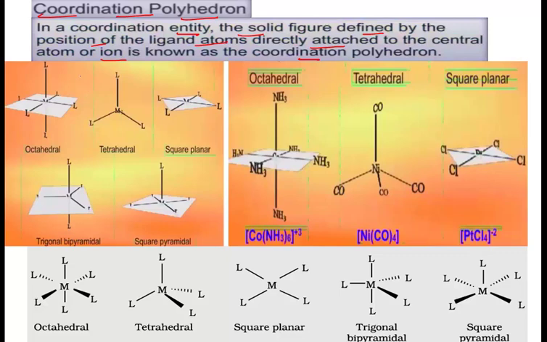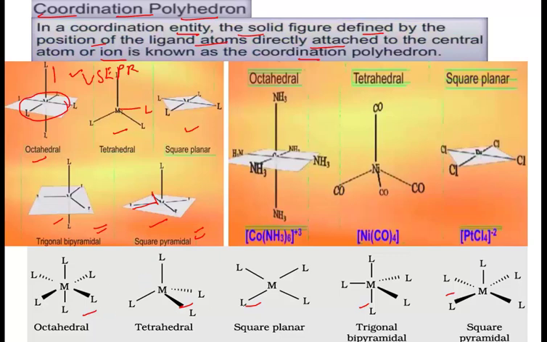For example, these are the geometries already discussed as per VSEPR theory last year. This one is octahedral, with 4 in one plane and 2 pointed upward and downward. This one is tetrahedral, and this one is square planar, then trigonal bipyramidal and square pyramidal. Square pyramidal means 4 ligands are in one plane and one is pointed upward, not downward. There might be a lone pair. So this will be square pyramidal, and this one is trigonal bipyramidal. Then all the geometries are again given in 3D representation.